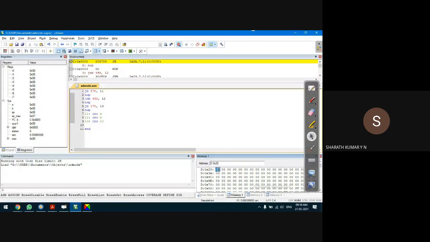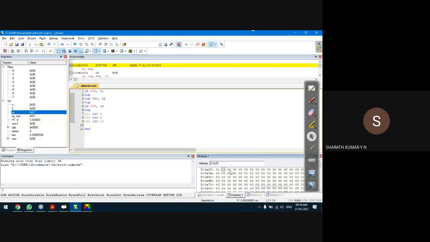I'll set 28 to 80, sorry, it should be 80. I'll leave the next location 0, the next MSB bit will be 0. That is 29. This is 28, 29. This is 2A. Let us set 80 to this.